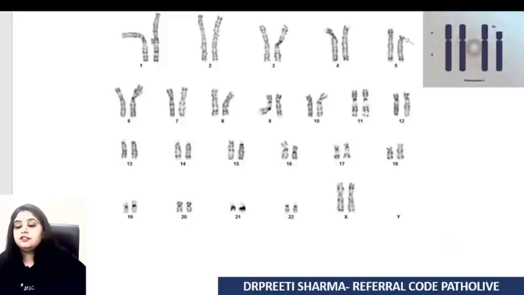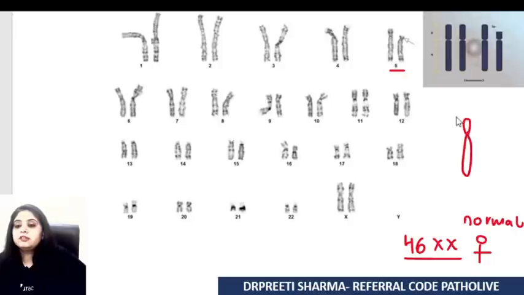Coming to the next and the last one. At the first look, when I saw all the numbers, everything seemed to be perfect. And two X chromosomes, no Y chromosomes, so this was 46XX, and I gave a diagnosis that this is just a normal female. But then I saw that the examiner had put an arrow on the fifth chromosome to make me realize something. Every chromosome, I hope everyone remembers, has a short arm and a long arm. P is the short arm, Q is the long arm.